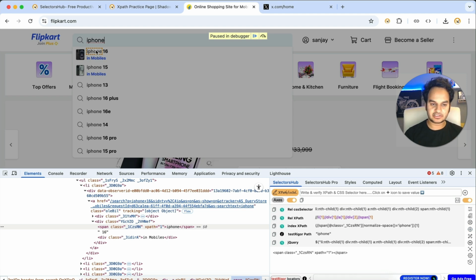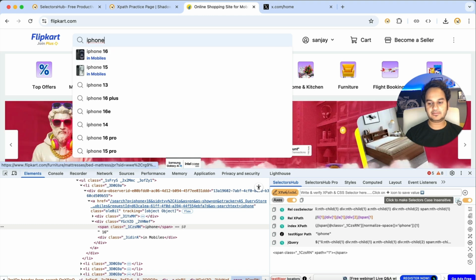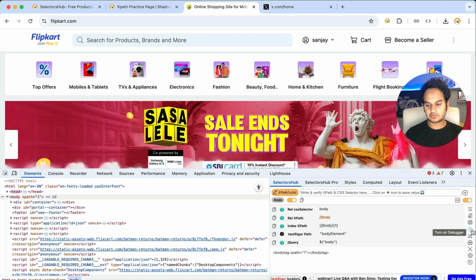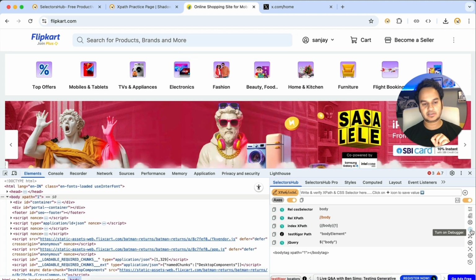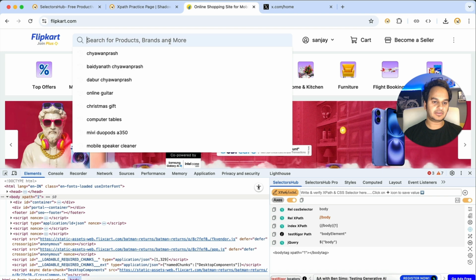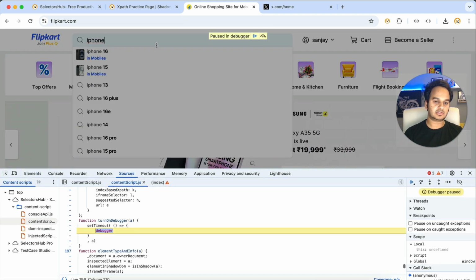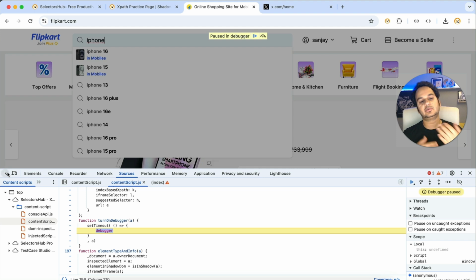We have a separate detailed tutorial on debugger as well, so that is also there. So this is how you can inspect this. Again, let me show you. Once you are done, you can click on that. What you have to do, let's say this is not there, just click on this debugger button, and within 5 seconds make this element visible, then it will pause this. Suppose you are not able to make the element visible within 5 seconds, you need more